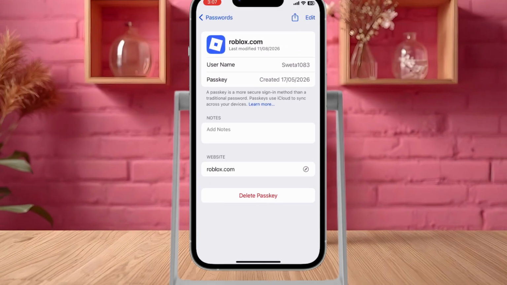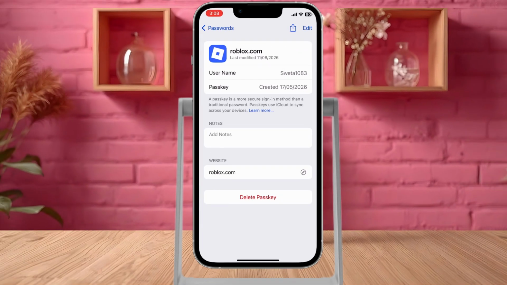Keep in mind that these methods only work if you previously saved your Roblox password. If it isn't saved anywhere, you'll need to reset your Roblox password instead. And that's it. That's how you can check your saved Roblox password using Google Password Manager or your phone's password